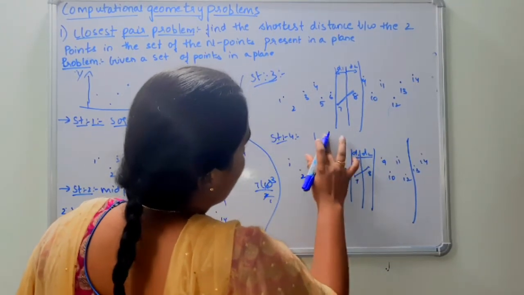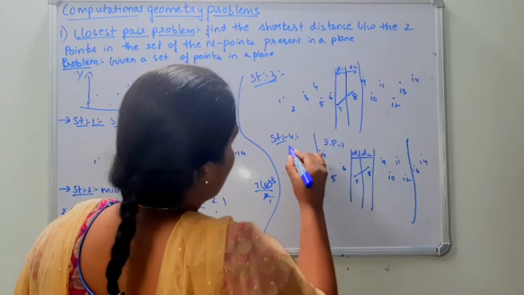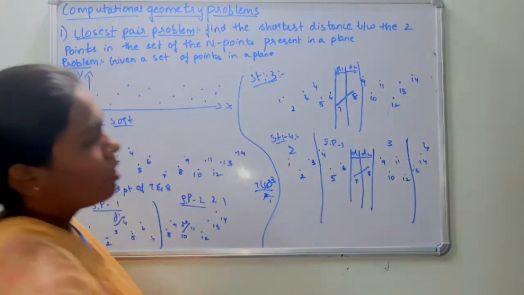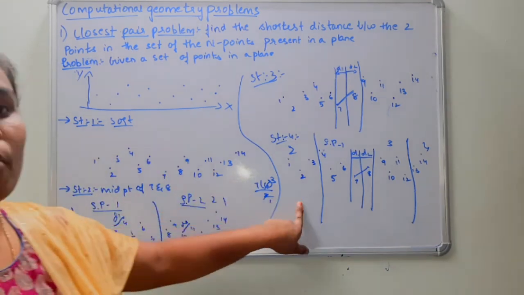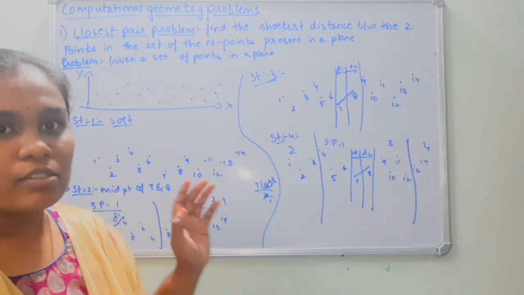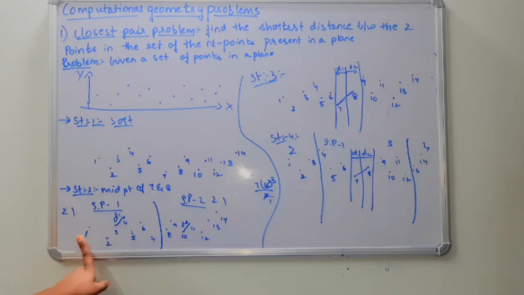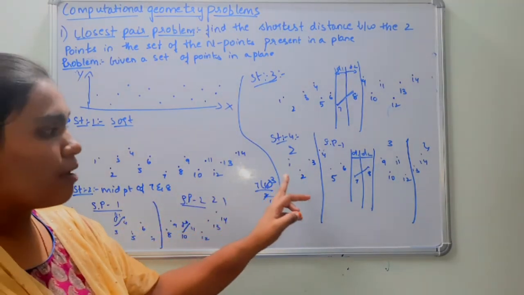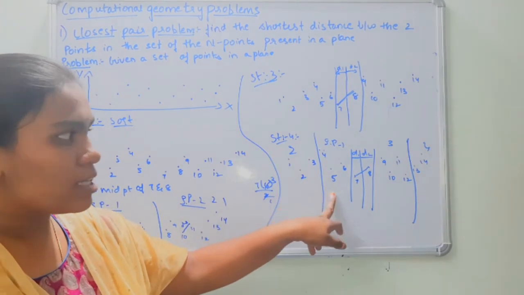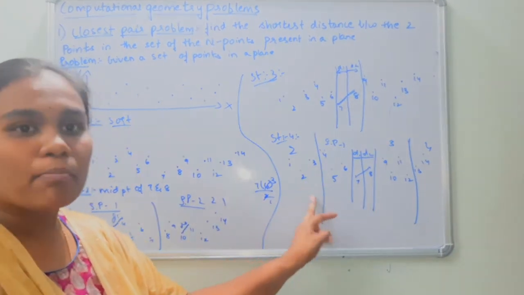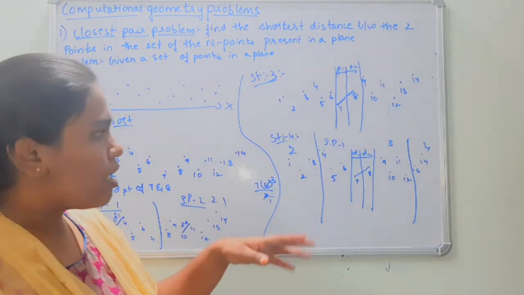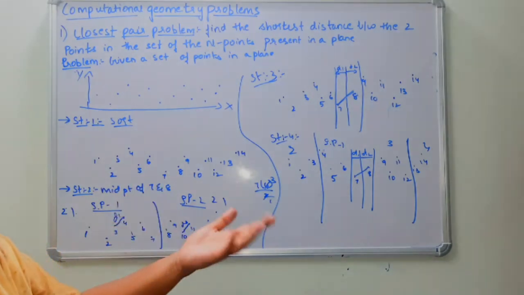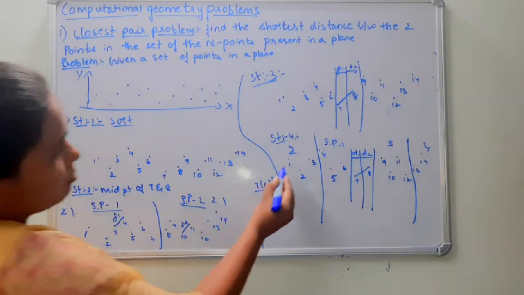Okay, here subproblem 1, 2 and here 3, 4. Here there are four subproblems. As in 2 subproblems, the number of comparisons is 21. As in 4 subproblems, the number of comparisons will be less than 21. Now we have to compare the points in subproblem 1 to the points in another subproblem. One subproblem's points are compared with the other subproblems. Like this, by comparing across subproblems, we have to connect all the points which are present in the subproblems.